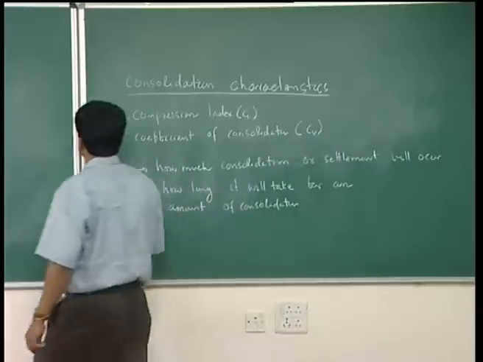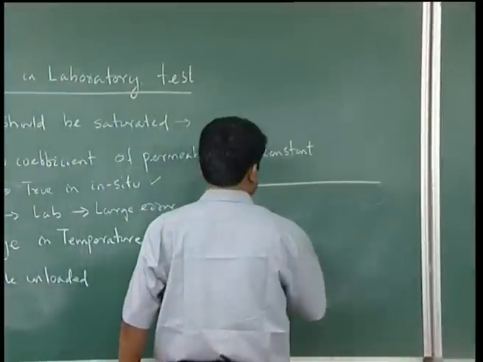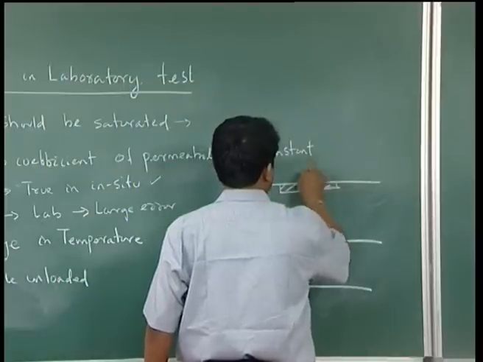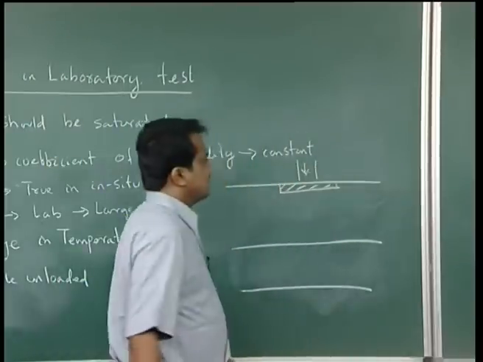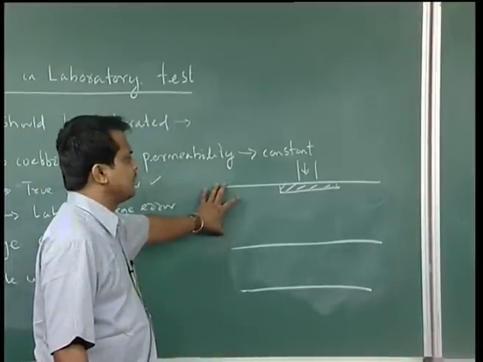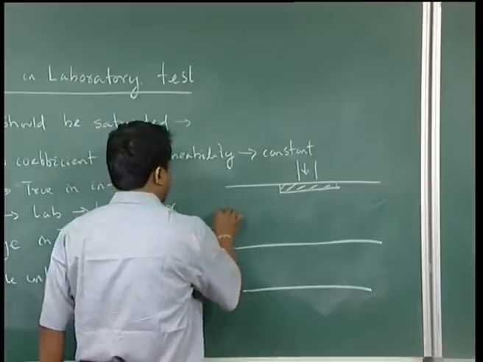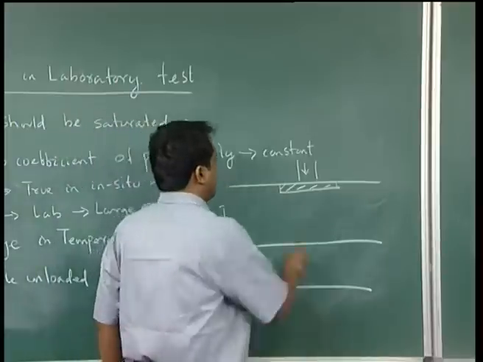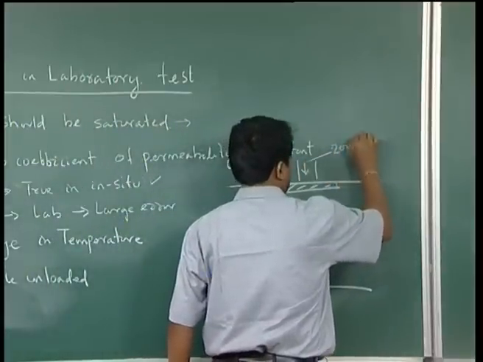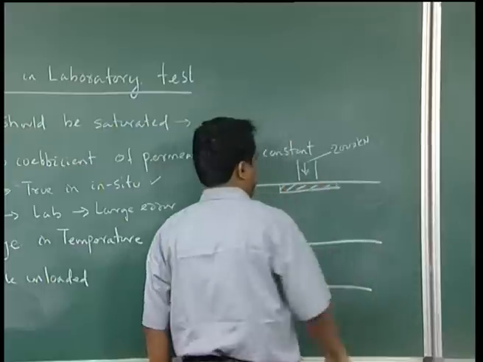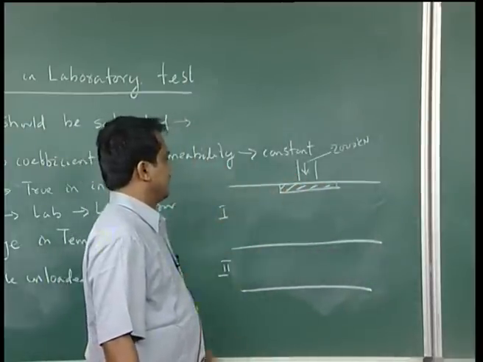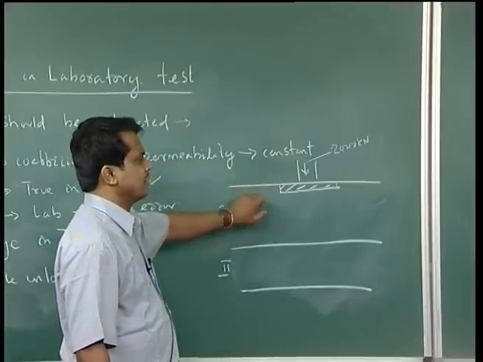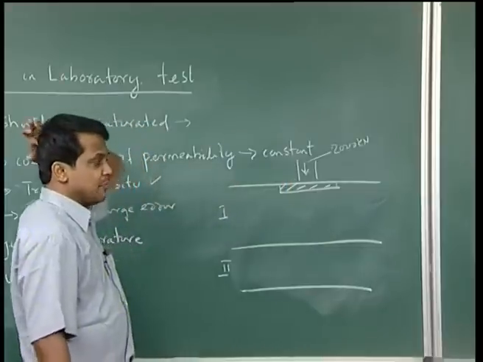That means if there is a ground surface, there are layers of soil, and maybe a footing is there and we apply a load, then Cc tells how much consolidation and how much settlement. Suppose this is my layer 1, this is layer 2. For layer 1, with application of a load of say 2000 kilonewton on this footing, how much settlement will occur, say within 10 years, 20 years,